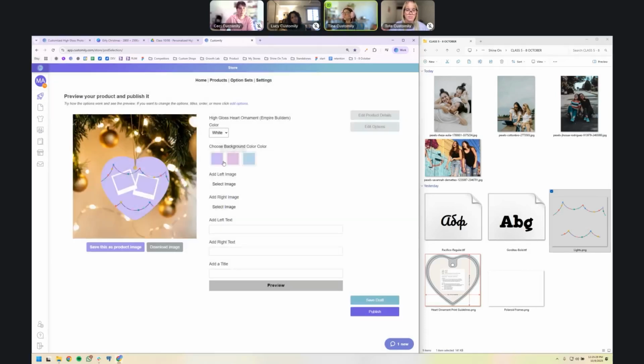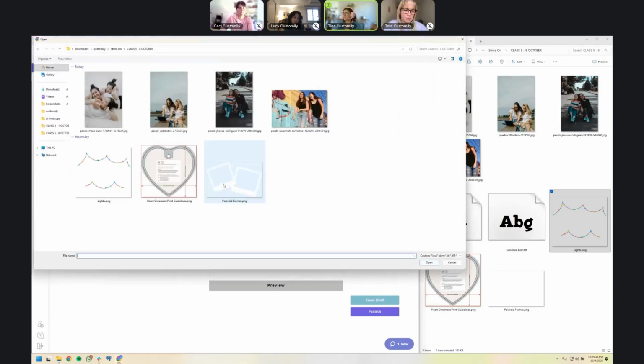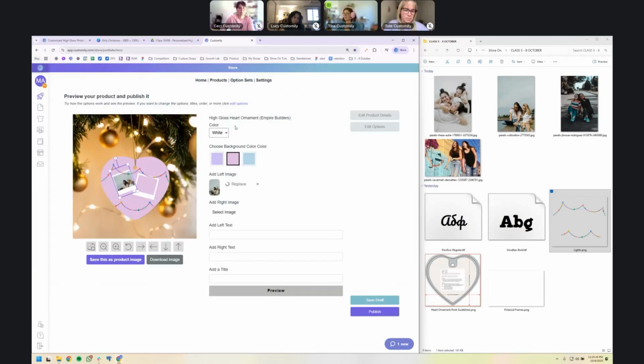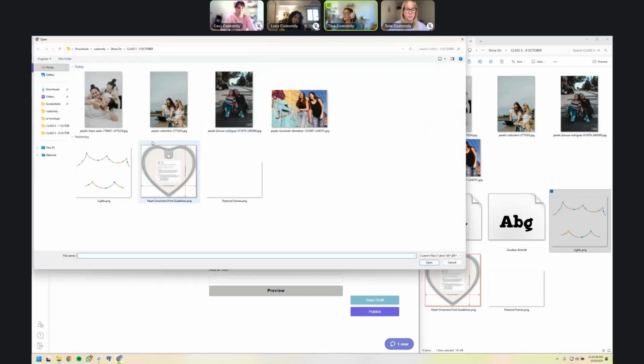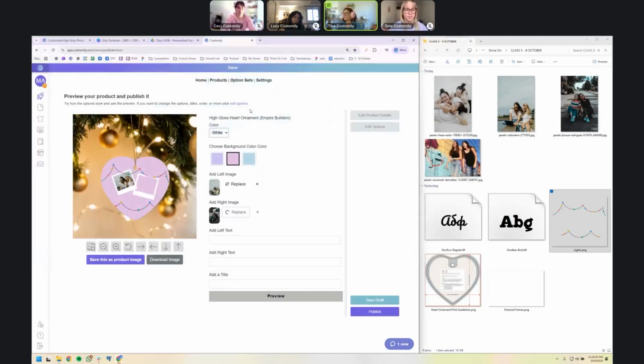Great. So right now what we're going to be doing is creating our preview and making sure that all the customization options that we set up are set up correctly. So here, as you can see, you can change the background. We can select an image. This is basically what your shopper's experience is going to be like. So as you can see, your shoppers will be able to zoom in on the pictures that they upload, just in case it's not the perfect fit. Same here with this one. Here they'll be able to add the text under each